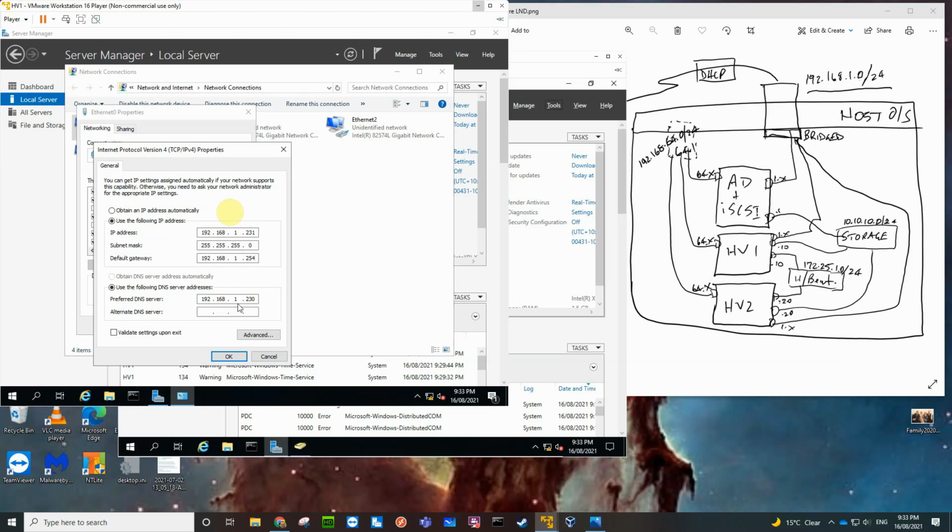Okay, that has to be on this card. Okay, 230 is the DNS server, which is this thing here. So 1.254 is the gateway out to the internet in my network. In your network, it's going to be whatever your NBN router is at your place. Okay, so